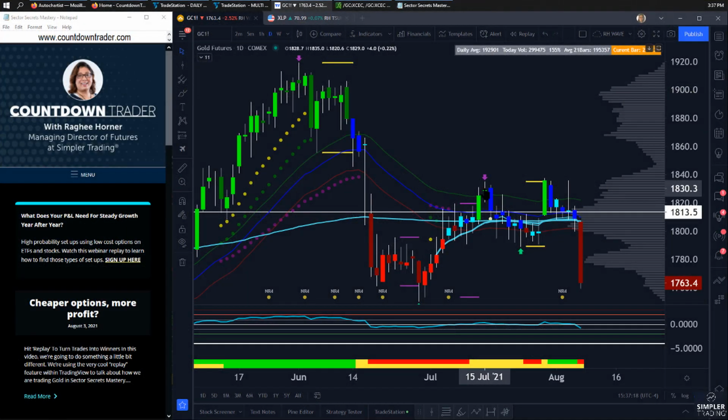Traders, Raghee here, and in this update, I figured we'd revisit gold because just yesterday I mentioned gold was entering our zone. Well, it entered our zone, it exited our zone, and it continued lower. So the question I've been getting the most today is, well, Rag, what do you do on days like today? Let's talk a little bit about the setup that is gold,